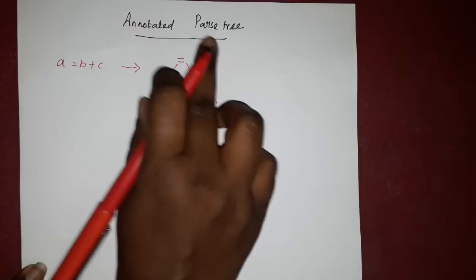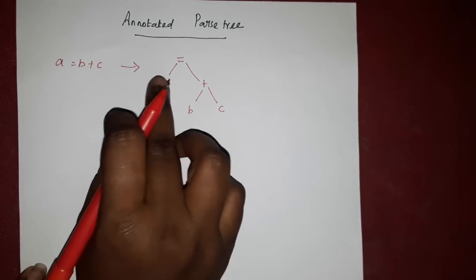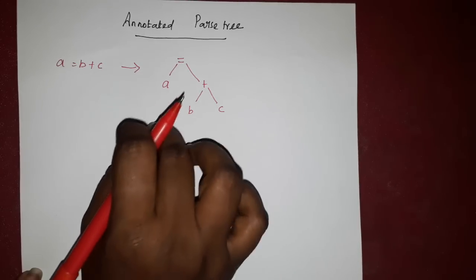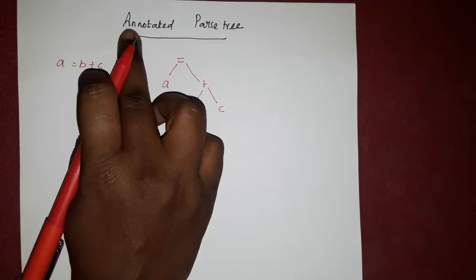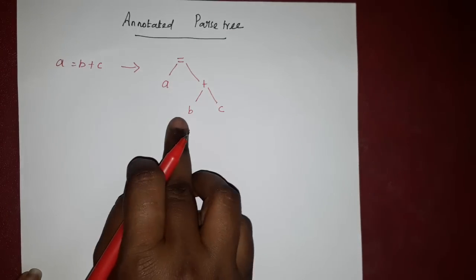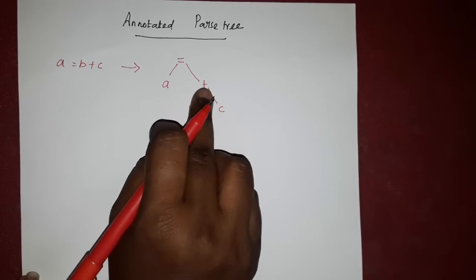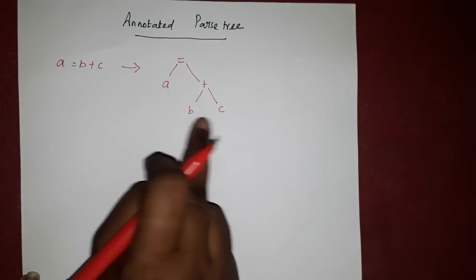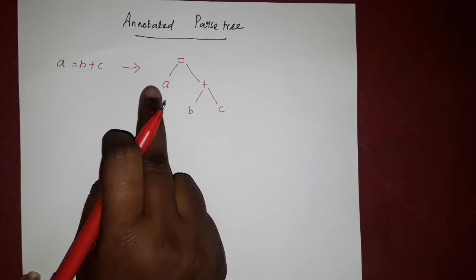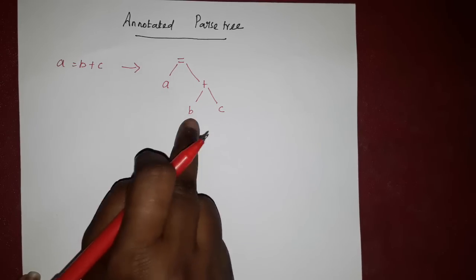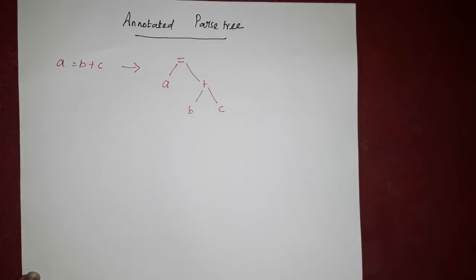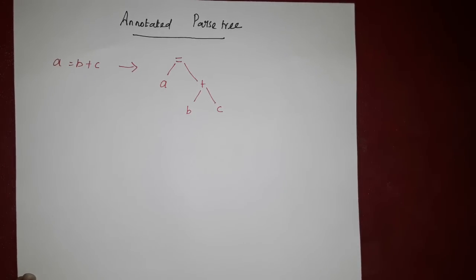So what is an annotated parse tree? In the sense, we have to specify the value of the attribute at each node in the parse tree. Then the parse tree is known as an annotated parse tree. I once again repeat, this is the parse tree. Here is equal to and plus are operators. A, B, C are the operands or attribute values. So in the parse tree, if we specify the value of the attribute, then the parse tree is known as an annotated parse tree, which means